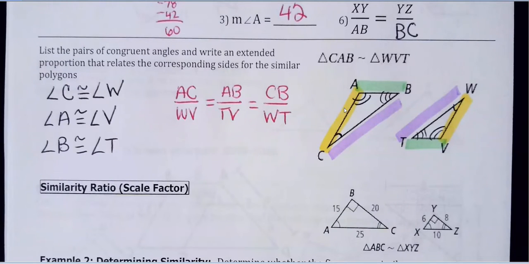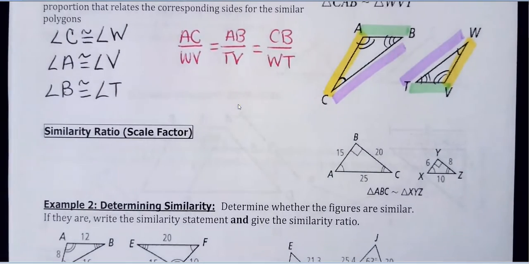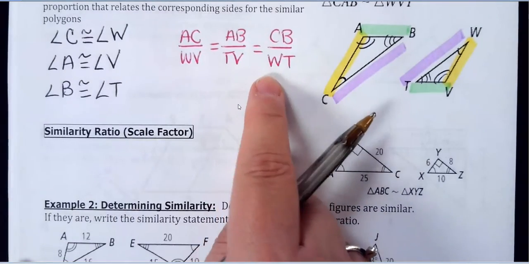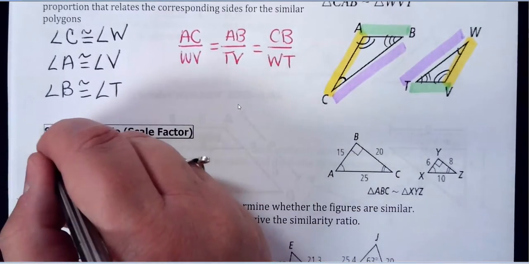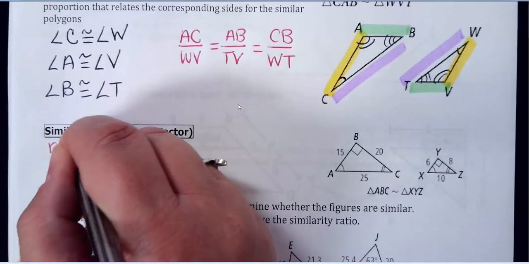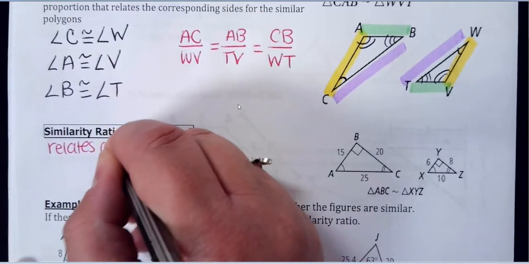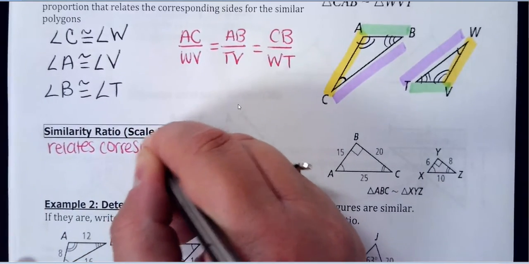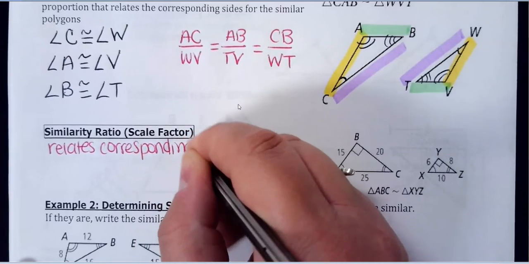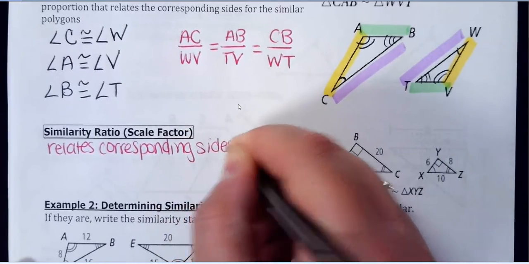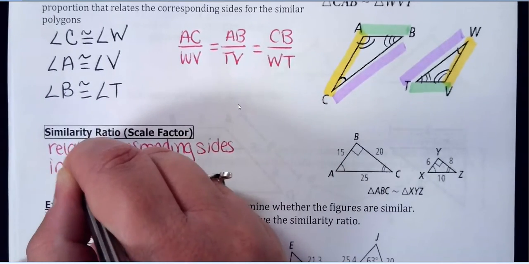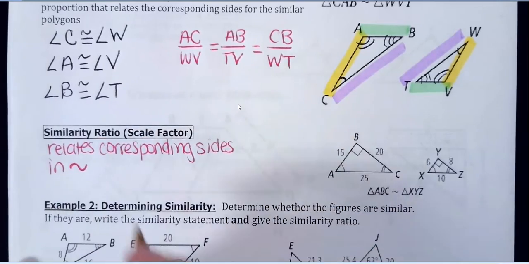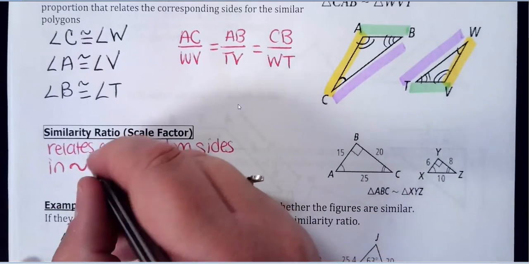Now, we're actually going to look at some that have some numbers. So I've got a little example here. Basically, when you put these sides in proportion, they call it the similarity ratio. It's basically what these are going to reduce to. So this relates corresponding sides in similar, I'm just going to abbreviate using that symbol, relates corresponding sides in similar